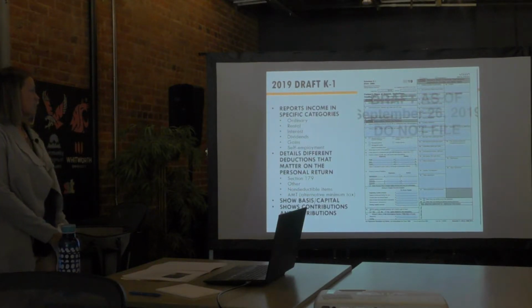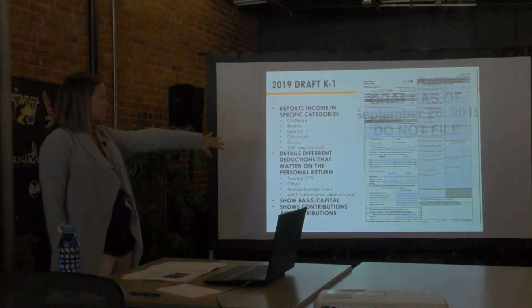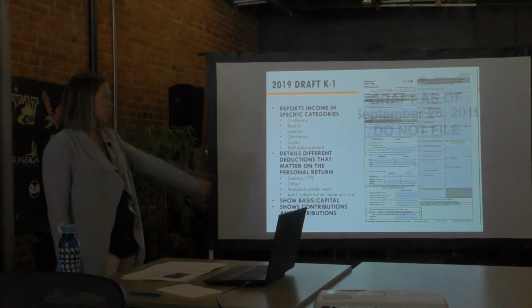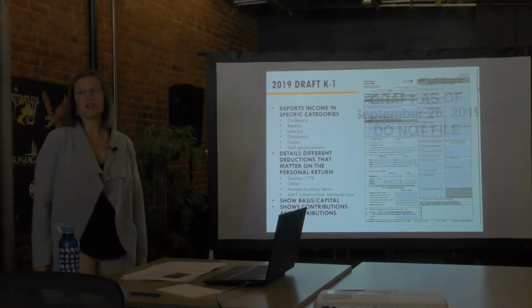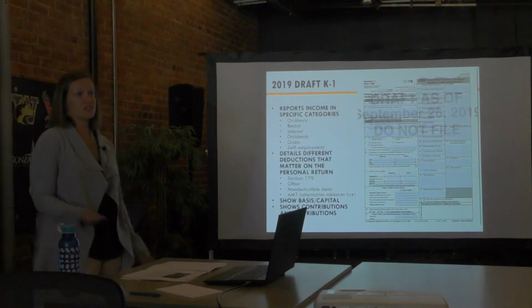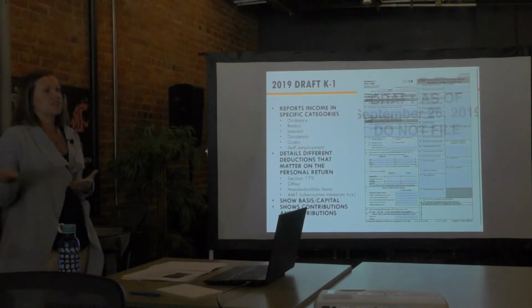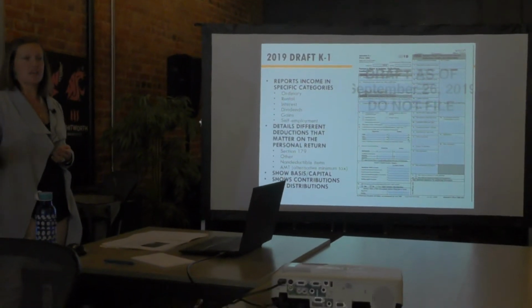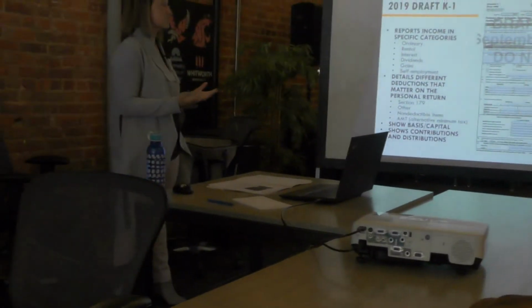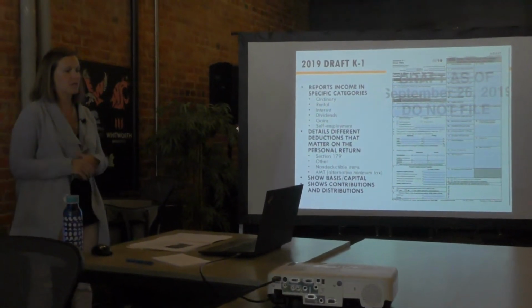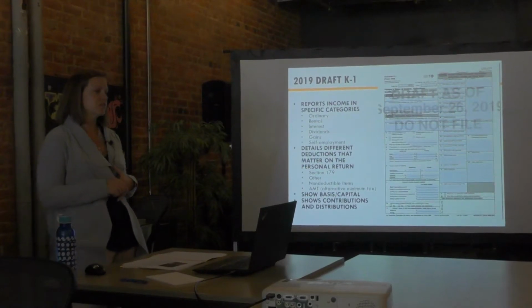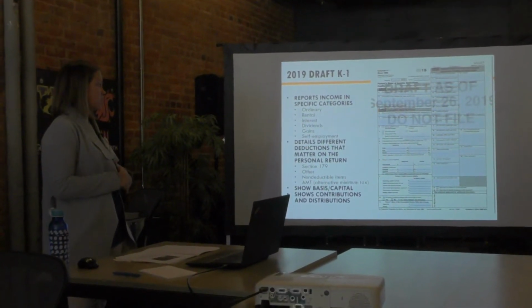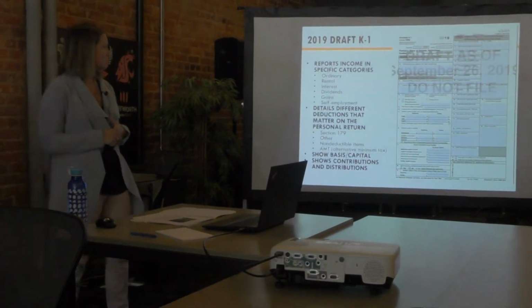And then there are some deductions down towards the bottom, right above the self-employment, and those have codes on them that will tell you how they go into your return. And some of those codes aren't really going to even be deductible to you personally, but they flow through to you. So it looks like you have less income, but some of those items become non-deductible depending on your situation. So that can be a difficult conversation to have with partners and owners.